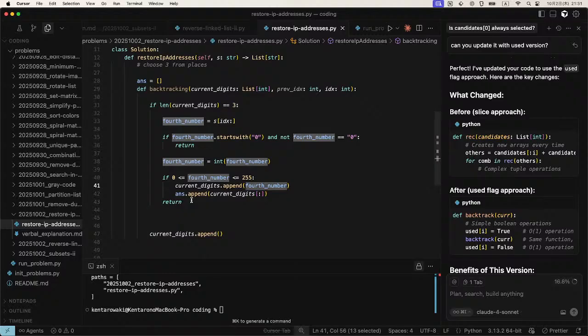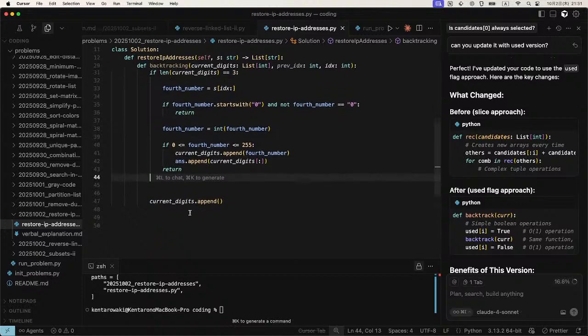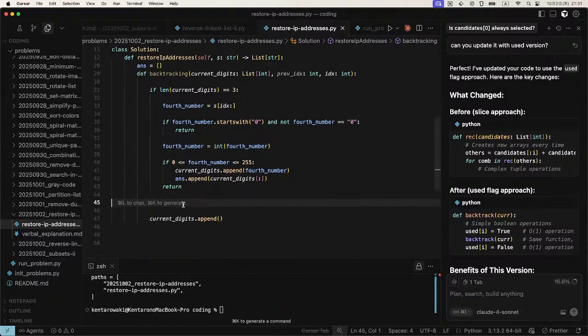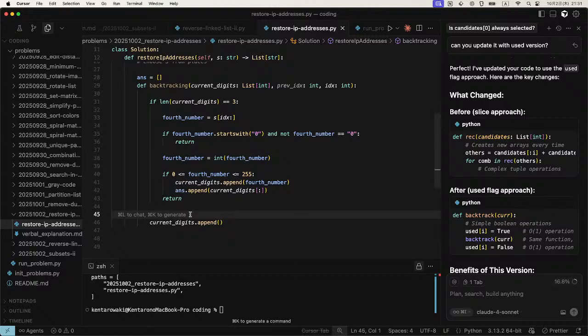I should use a recursive structure. Okay, anyway,